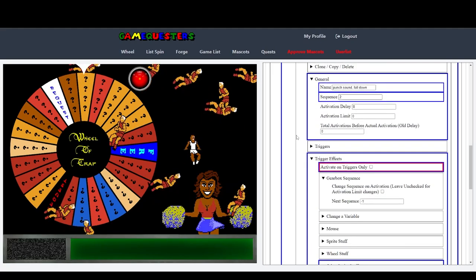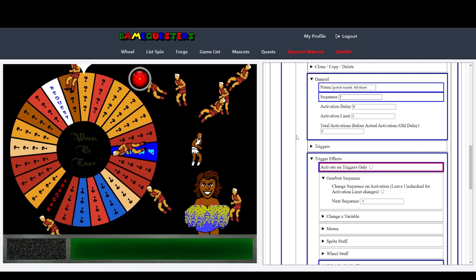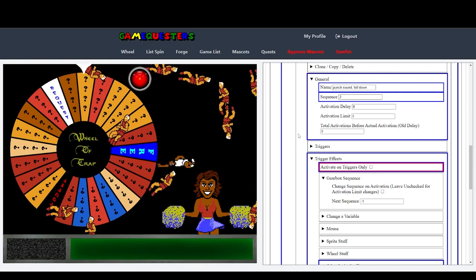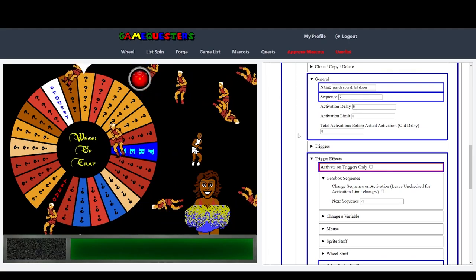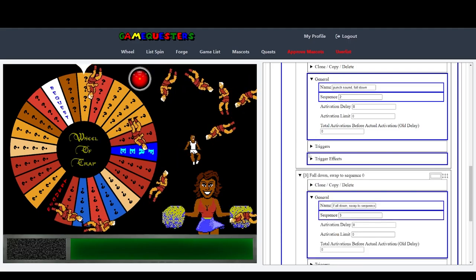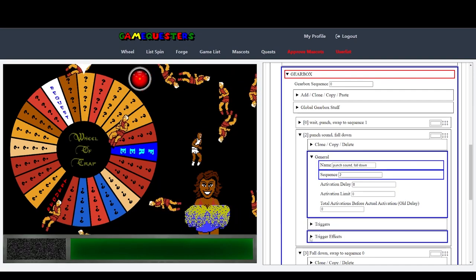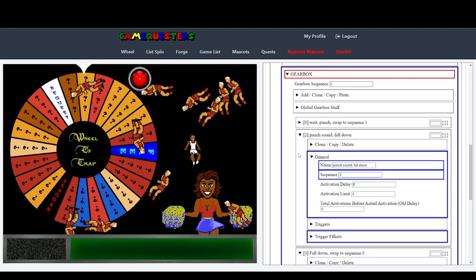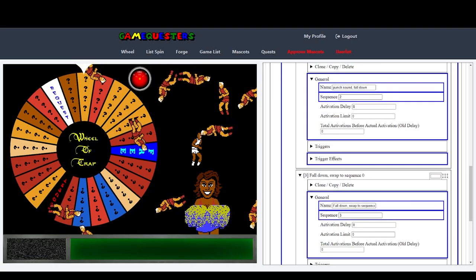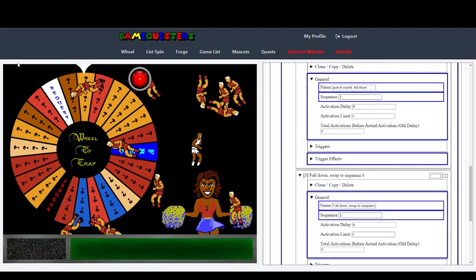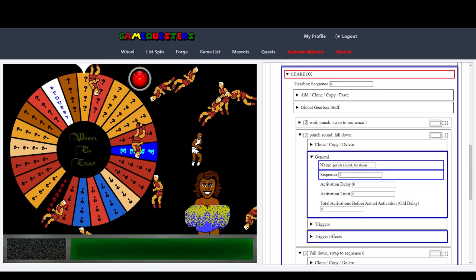So, with that knowledge, you know a lot, actually, at this point. We still haven't gotten into chaining complicated effects with multiple triggers happening. Because you can, like I've mentioned before, chain these together. Where if you wanted to check one variable with a trigger here, you could have the trigger effect of then triggering another sequence that has its own trigger check. And so, if you wanted X and Y to be below, I don't know, 100,